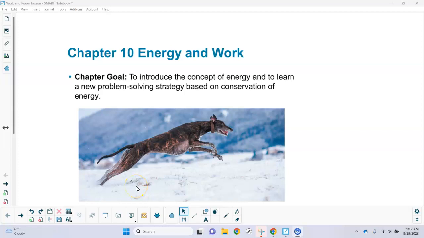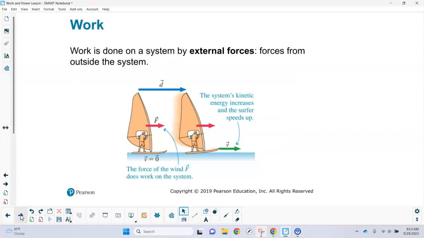All right, we are into our next unit, which deals with energy and work and power. So we're going to start with the concepts of work and power, and we're trying to see what work does. So it's a very useful process. Work is done on a system by external forces. We just got done with our unit on forces, and those forces are applied to objects, and they do work on